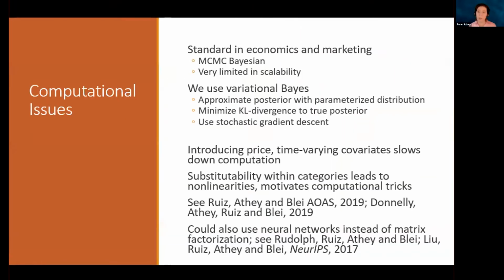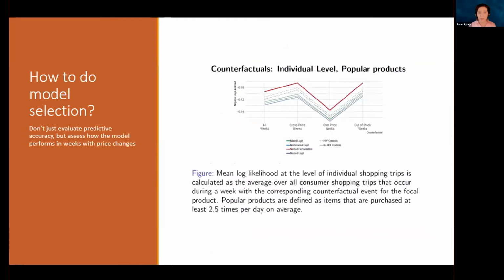So I won't go into the computational approaches, but I'll just say we use variational Bayes, and we use a lot of tricks and tips to make this computation work quickly so that we can estimate the models in a couple of hours or even an hour rather than days or weeks. And it used to be days or weeks for much smaller models. One of the things that we emphasize in the paper is that when we tune the model, when we choose how many latent variables and how rich the model should be, we want to focus on counterfactuals rather than just prediction. And so it turns out that it doesn't make a huge difference, but it makes some difference.